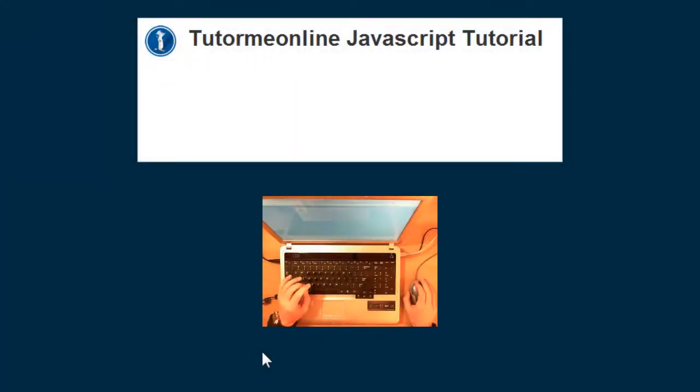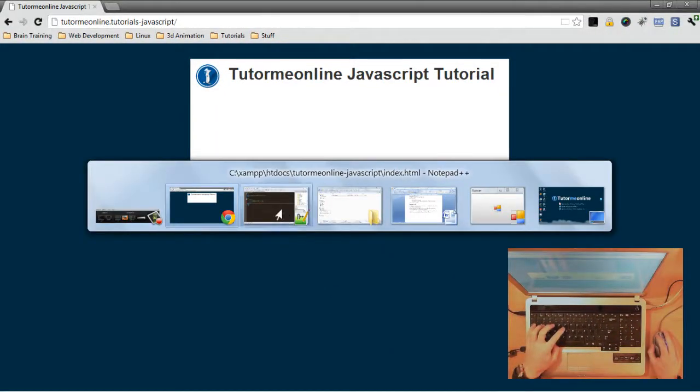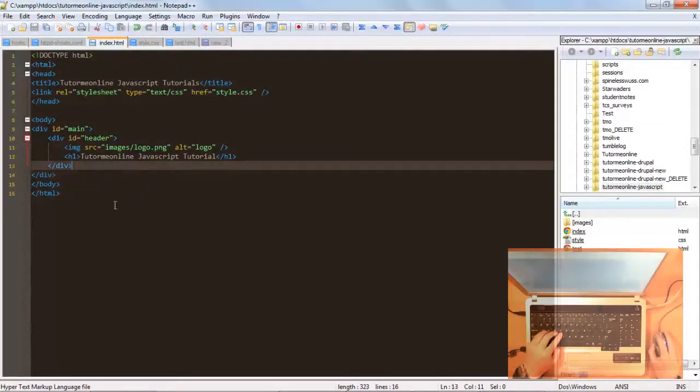In this tutorial, we'll be discussing JavaScript variables, where we will create a function which will retrieve variables from the user's input, and then use those variables to create a sum. Same as what we would have used variables for in algebra at school level. So let's go to our code, and then we'll start